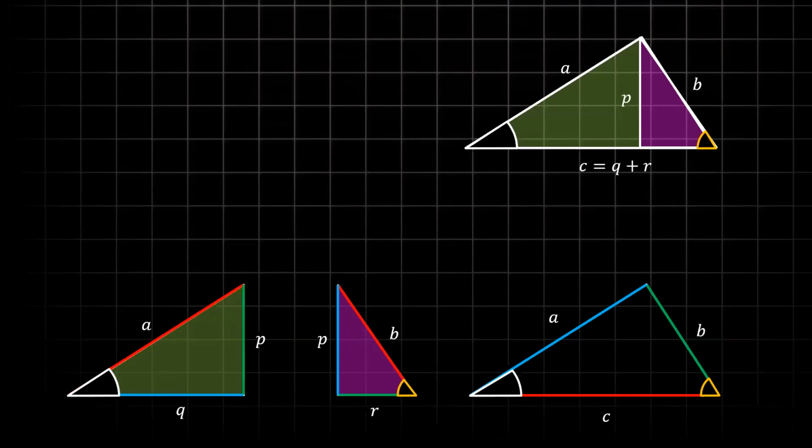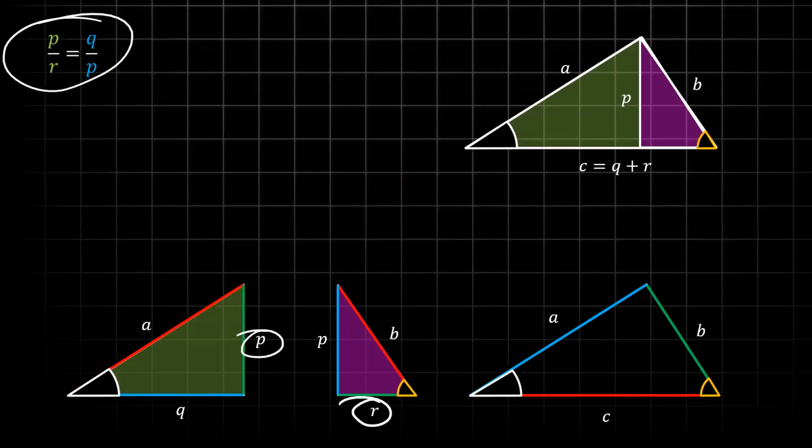Yes, Keithan, I'm getting there. Before that, I need a result. Do you agree with this? P divided by R, you need to compare only the same colored sides. They're proportional to them, equal to Q by P. Can I get a yes or no? Is this clear? It's not very obvious. You need to look for the angles if you want to figure out which color is which. I know it's not obvious, but look at the angle. This angle is here.